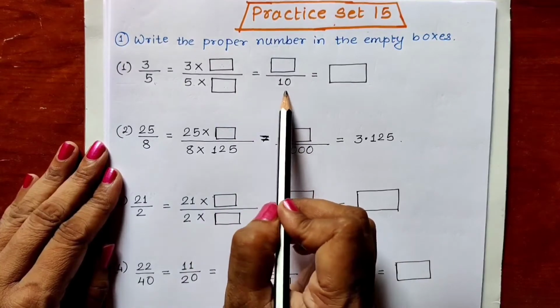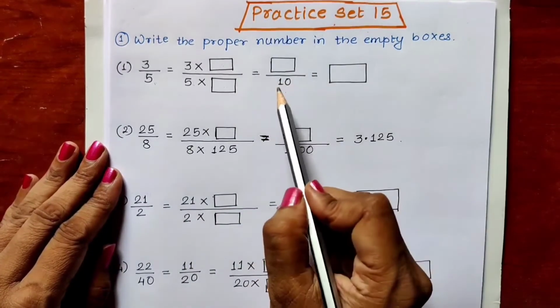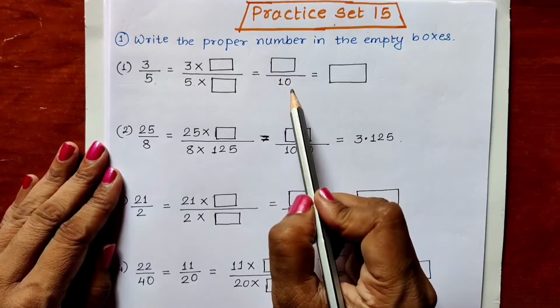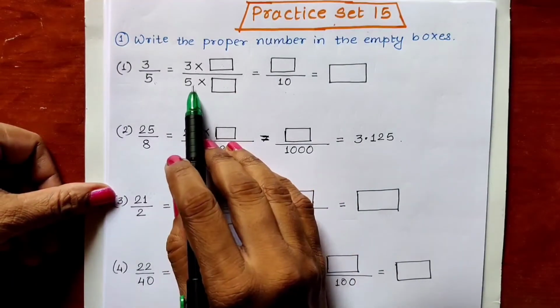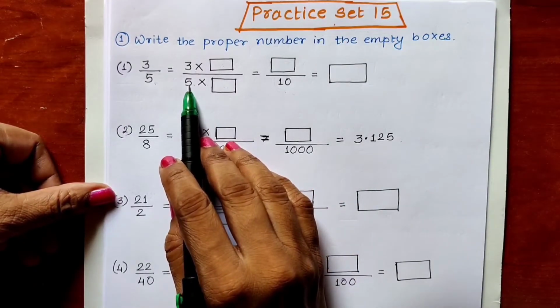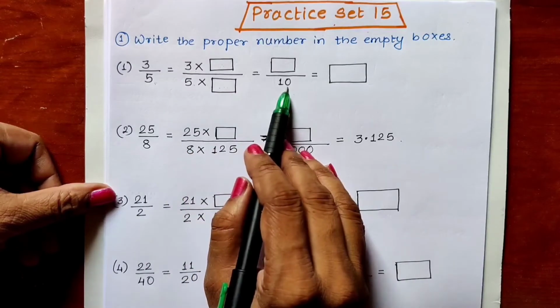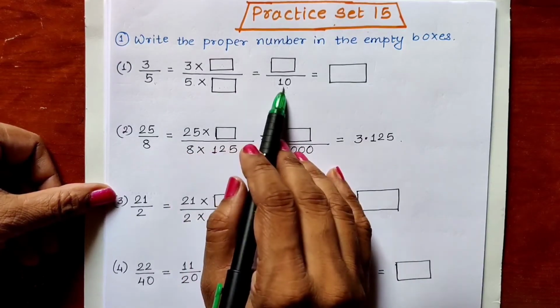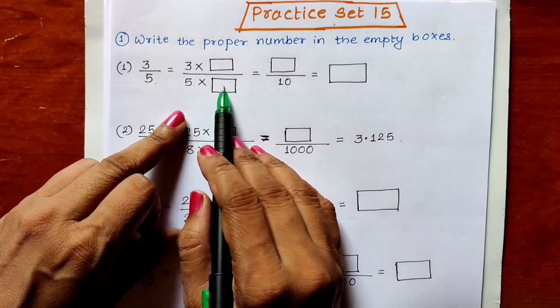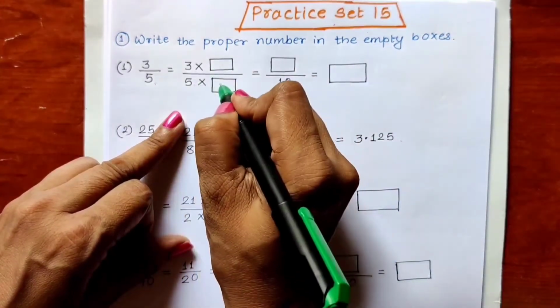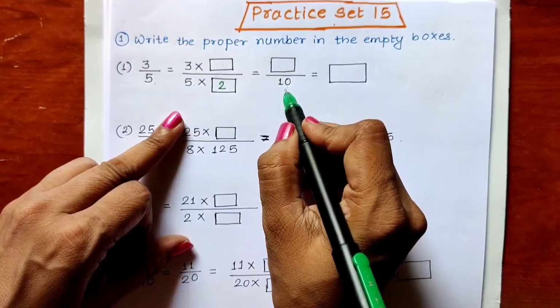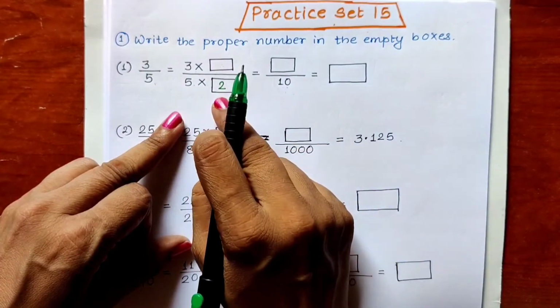Here in the third step, the denominator answer 10 is given. Denominator answer is 10, as you all can see here. So immediately we got to know that when we multiply 5 by 2, we get answer 10 because denominator answer is given 10. So what should be written? Which number should be written over here? We have to write 2 because 5 2s are 10. So that's why we will have to write 2.